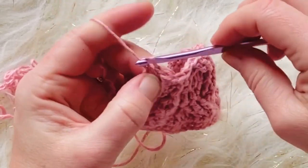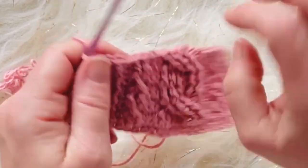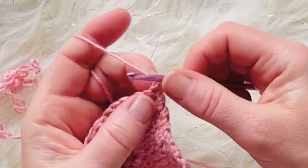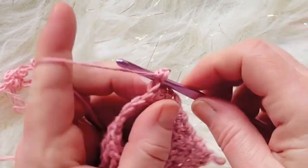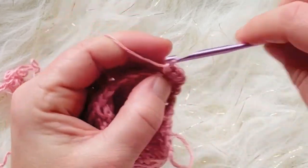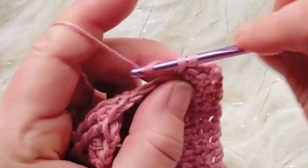Sometimes when you're working a single crochet back through these, you'll notice that the stitches get hidden because they get pulled tight. So I'm going to show you that. We're going to chain 1, turn, and work a single crochet into each of the stitches going down. 2, I'm going to count as I go. 3, 4, 5,